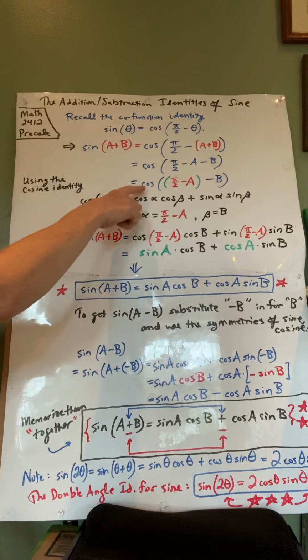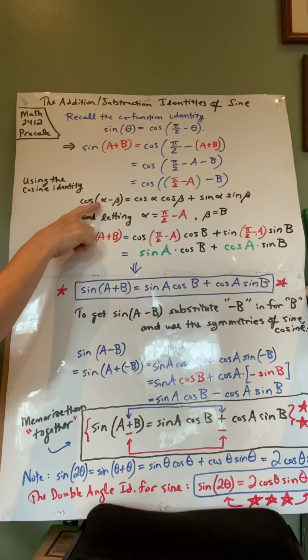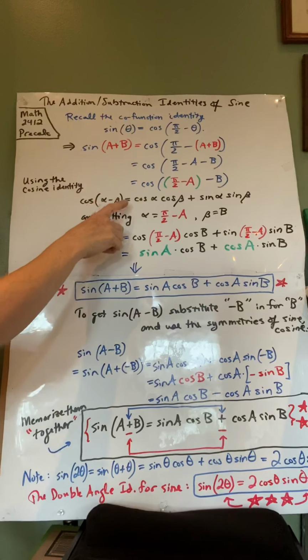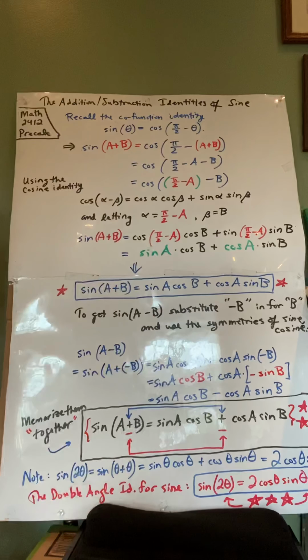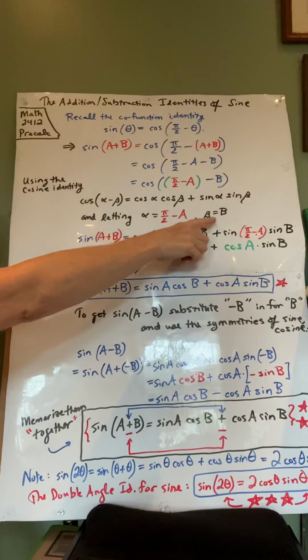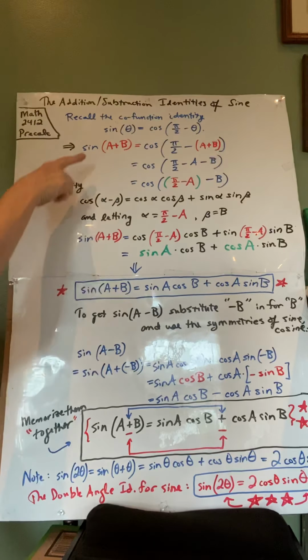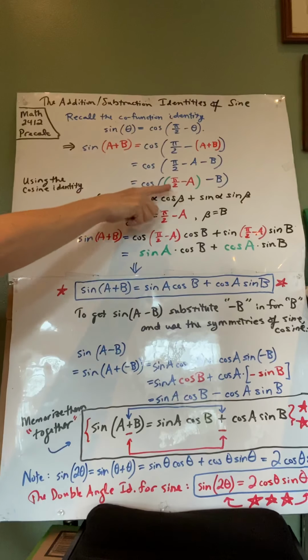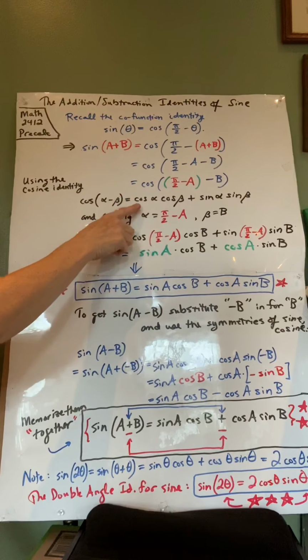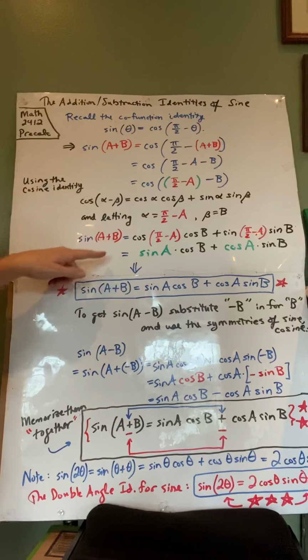All right, once you have the cosine of something minus something, we have an identity for that. The cosine of alpha minus beta is cosine alpha cosine beta plus sine alpha sine beta, right? You should have that going immediately now. If we let alpha equal pi over 2 minus A and beta just B, then we can say the sine of A plus B, which we had down to here, using the cosine of the difference of angles identity, we get that the sine of A plus B